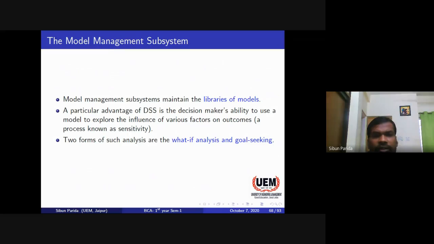A particular advantage of a decision support system is the decision maker's ability to use a model to explore the influence of various factors on outcomes, a process known as sensitivity analysis. Suppose I give you an example. I am designing a model to predict how many patients are going to be cured if I provide a drug. If I'm going to come up with a drug,